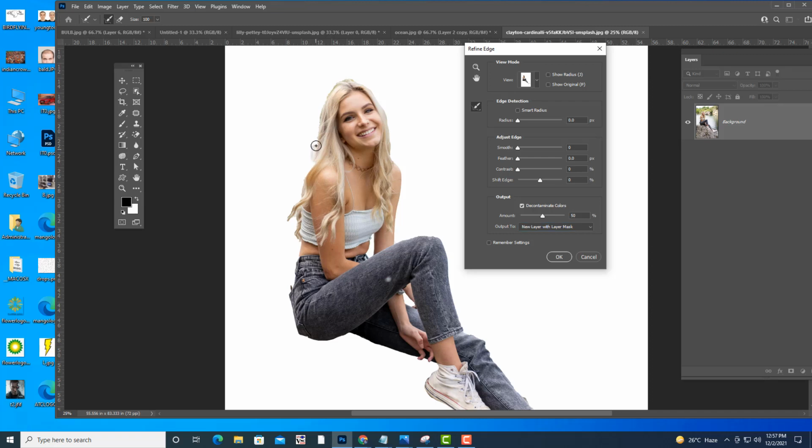So see here, wherever hair is, you can just draw a selection and then release. If you think it is not looking nice, you can use these options. Shift edge. See, the edge is either going inside or outside.